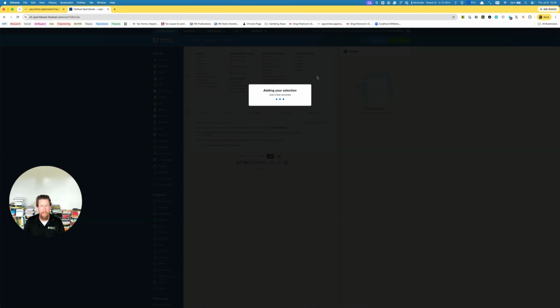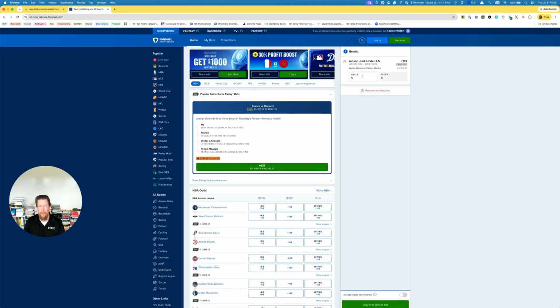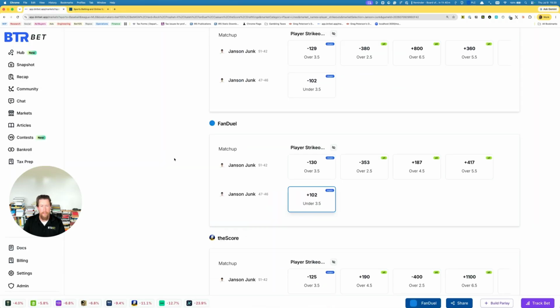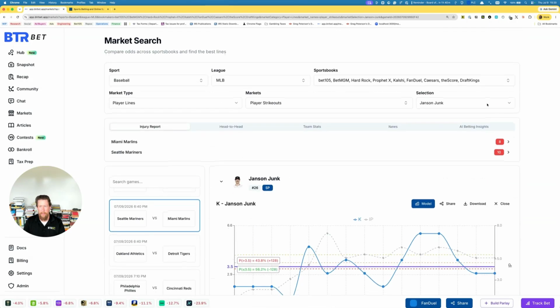I'm in Ohio. It's in my slip. And now I just need to log in and actually place my bet. I'll do that later. So now I also want to come back here and look at the other pitcher for this game,